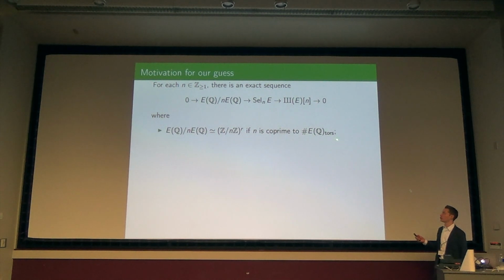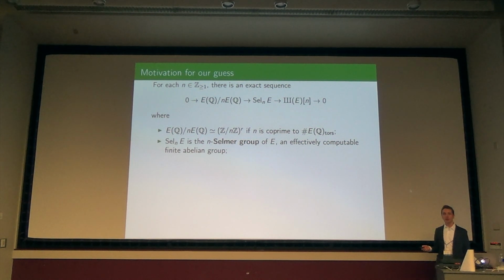I guess I also have my torsion subgroup. So just imagine n is coprime. I'm not going to be able to grab the whole guy, but I grab sort of up to n multiples. This is called the n-Selmer group of E, and the reason it's introduced is that it is an effectively computable finite abelian group. There's a machine that, if you insert E and n, will produce as output this finite abelian group, as opposed to the rank, which I make no promises for.